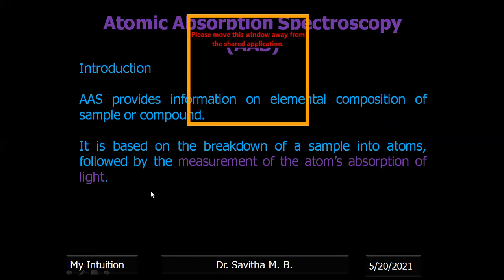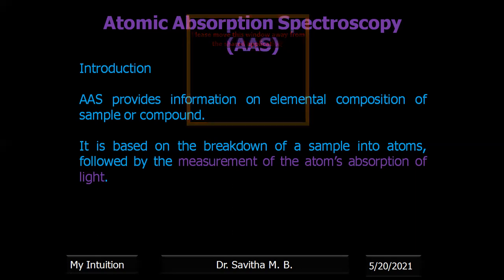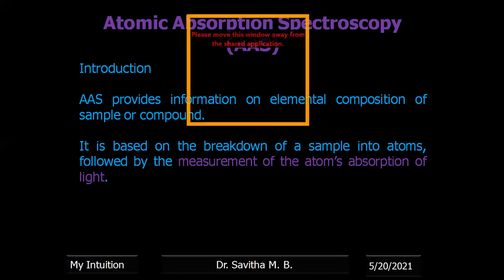In flame photometry, you take a solution which you put into the flame, and in the flame the solution evaporates, leaving behind the salt. For example, we had taken sodium chloride. Sodium chloride salt will be there, and due to the flame energy, it breaks into sodium atom and chloride. Now in the sodium atom, the electron absorbs energy from the flame and is excited from the ground state to the excited state.